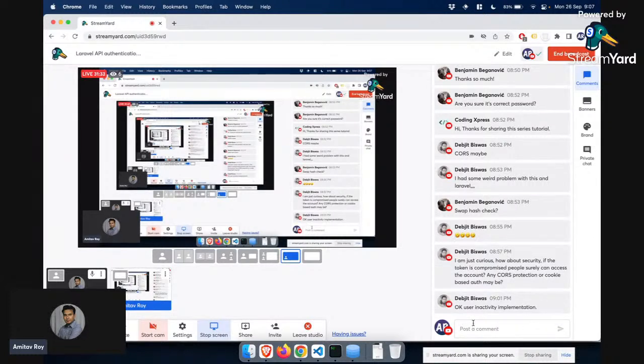Okay, user inactivity implementation. Yes, that's correct, Debjit. Typically, user inactivation is the way to go about it. Even if you see, like the Facebook tokens and stuff like that, right? They all have expiry. So there are short-lived tokens, there are long-lived tokens. With short-lived token, the idea is that you get an access token and a refresh token. You use both of them to get a new token and then continue your API calls,